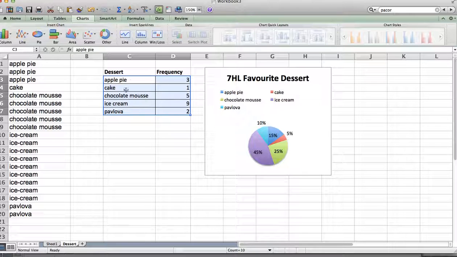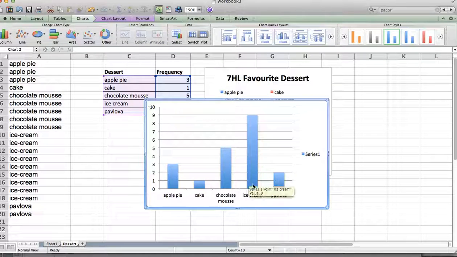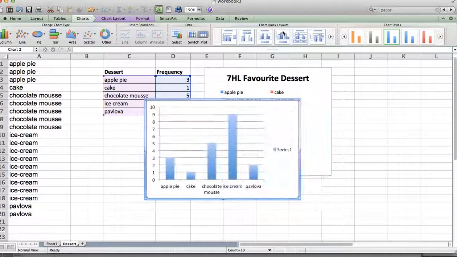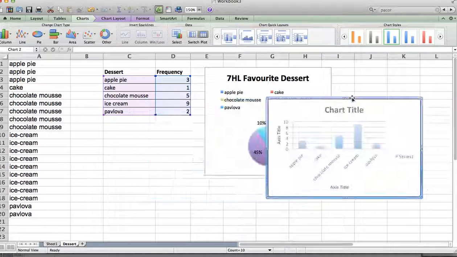So same thing, highlight the table only, go to column, and we can do that one. You can see you've got all your different things there. Now depending, sometimes you might find that you like to switch it. So up here there's switch, sometimes that'll do things in different colours, but I'm just going to leave it like that. And again, you can experiment with all the different layouts so you can change what it looks like. Okay, and the last one